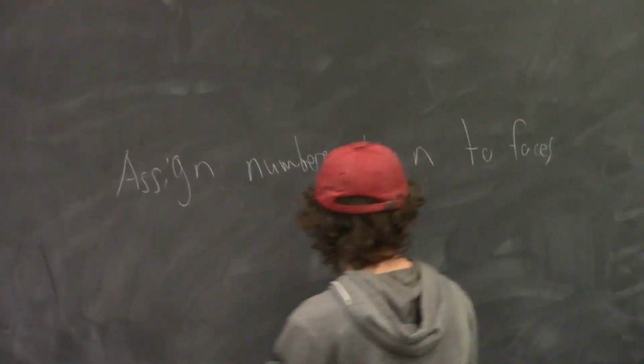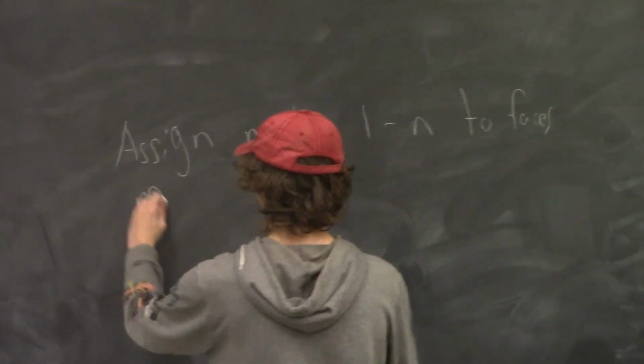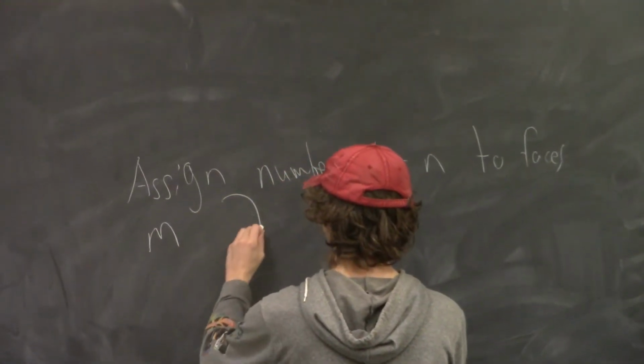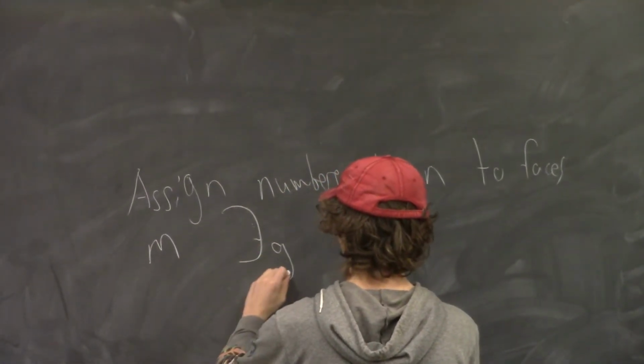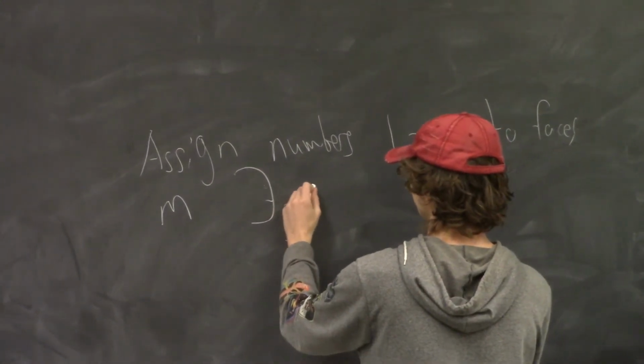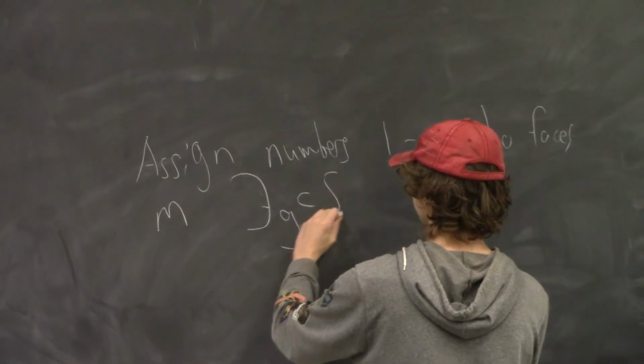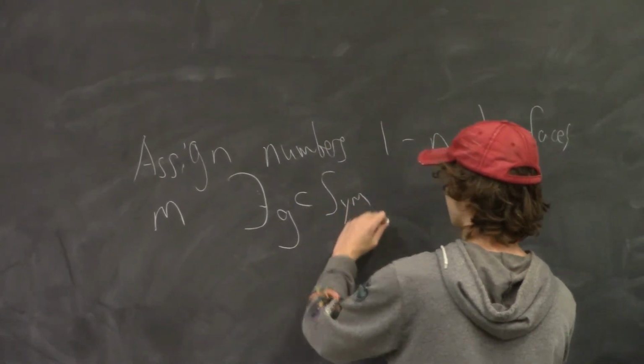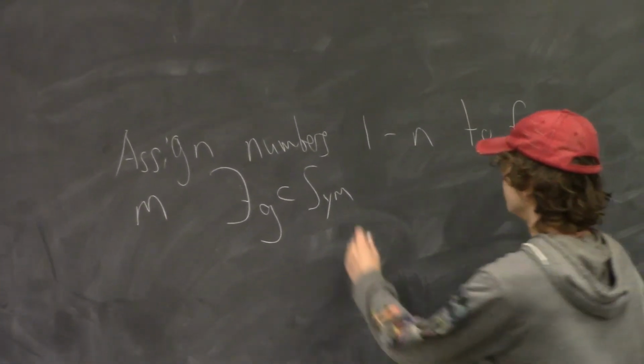It's good if for any number m, there exists a subgroup of the symmetry group of the shape